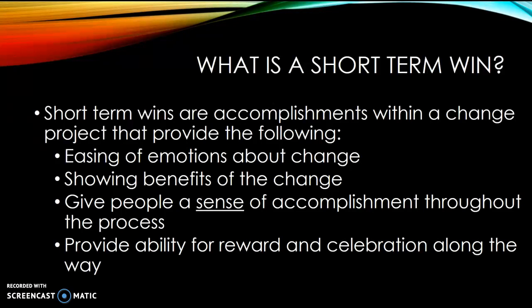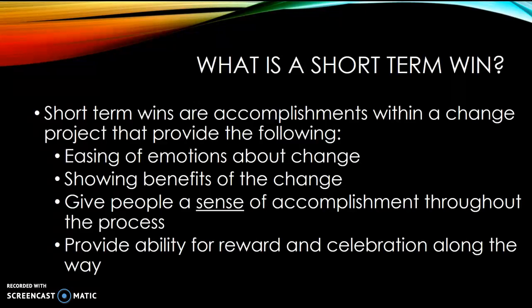It provides that ability to have accomplishment, and it gives you the ability to have some celebration along the way. Remember, you're trying to maintain momentum of the change. You don't want it to be dulled by the process itself. You don't want leadership to get in the way.